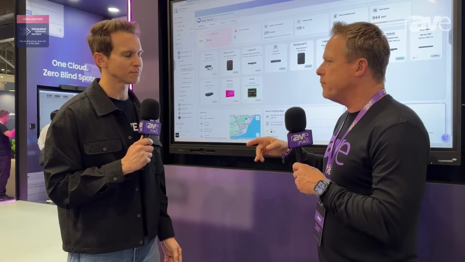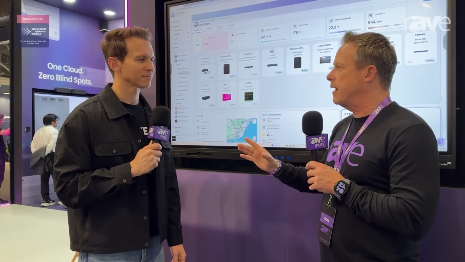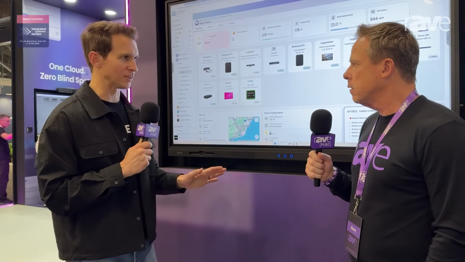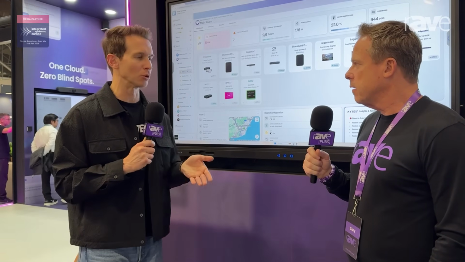And this is a common question I get, and I'm not exactly sure how to answer: what if you want to put in a device that isn't in the Xyte ecosystem? How do you do that? It's a good question, because the whole point of rooms is to have 100% visibility, otherwise you're not managing the room. We have 100% visibility whether it's currently in Xyte or not yet. At a minimum, Xyte can always give you at least an on-off status of that network-connected device, and so much more if it's already out of the box.